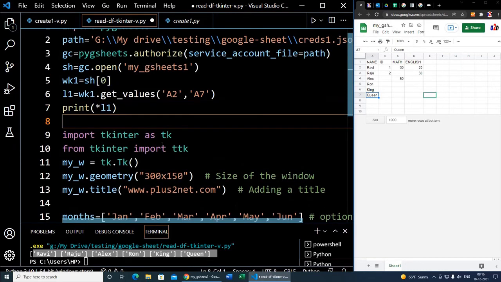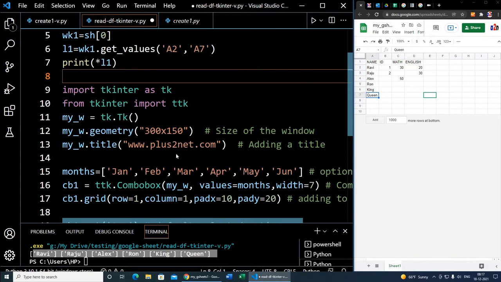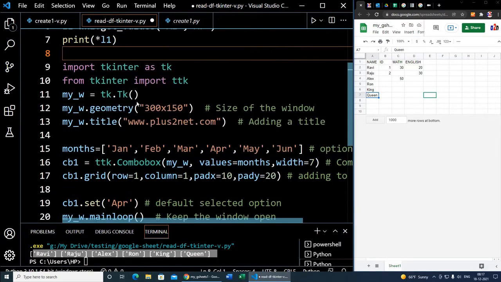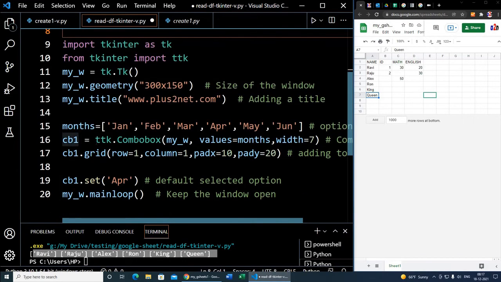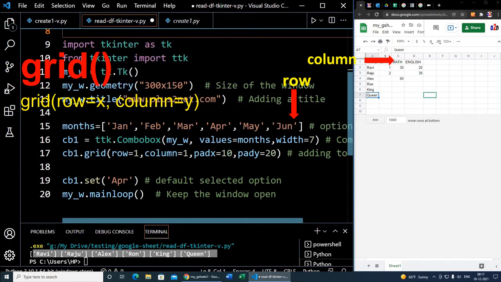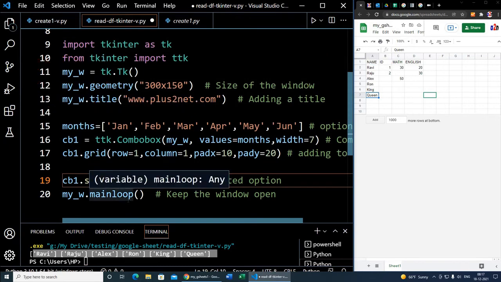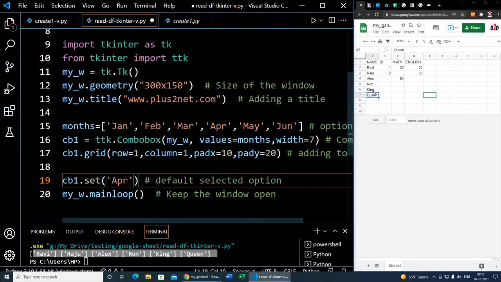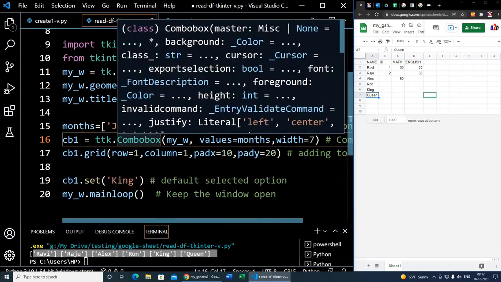Actually, I am importing the tkinter module for ttk because the combo box I am using is a part of ttk, and here it is CB1, combo box 1. I have used a grid here and placed it, and I had to change it because I want a default value. Suppose I want a name, here I can say let's set the default value to king. So I am telling king. Now this is that tutorial you can watch.